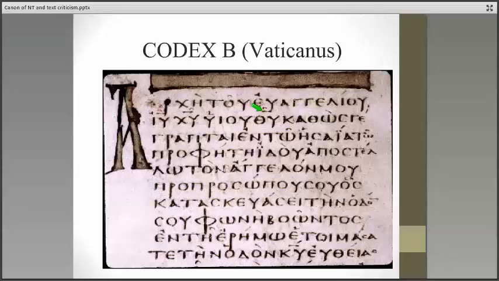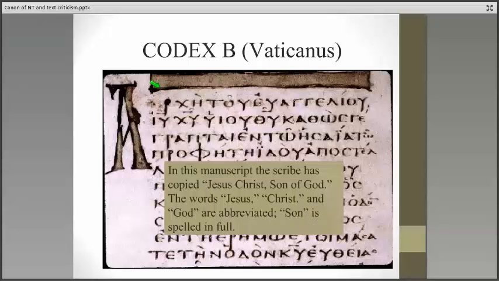So this is then the beginning of the gospel of Jesus Christ, Son of God, is how this text reads. Well, exactly what you have in your biblical text, right? So it looks like the translators decided to follow the Vaticanus. Well, let's see what happens when we get to the